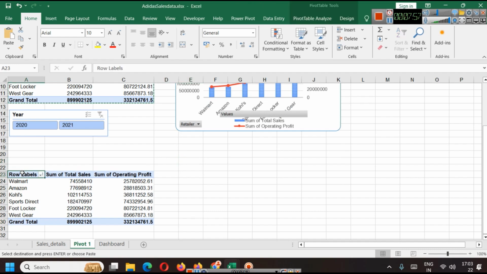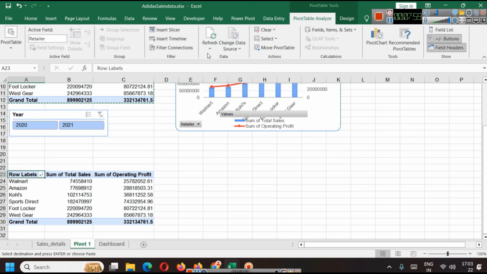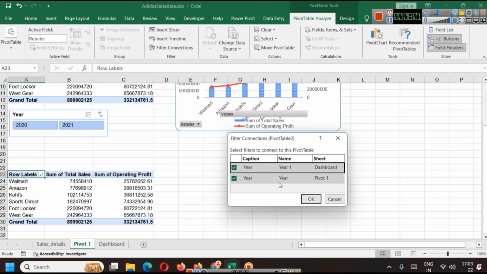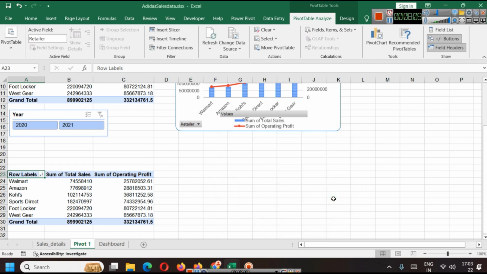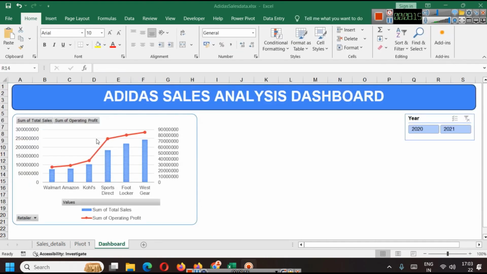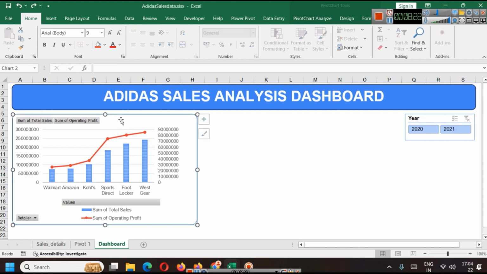So you just saw I copied it. When you see here, you can see in filter connections, our year filter is there. It is available in the dashboard also and pivot also. So you have to make sure filter connections are enabled or disabled as per your requirement. Now what we have done here is retailer sales versus profit, right? So what we can do, we can go here and insert